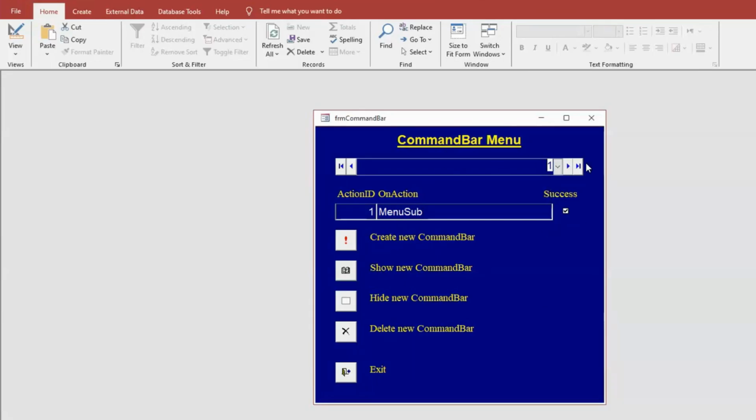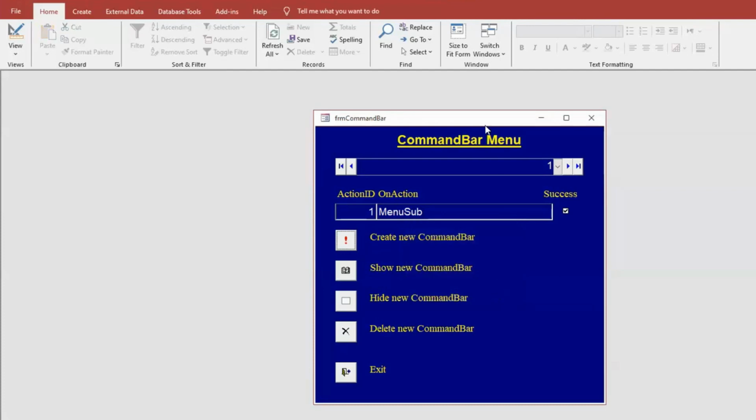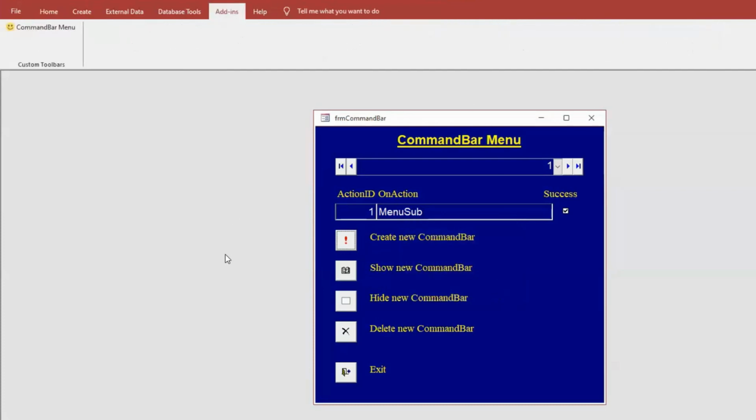By the way, when I do all this stuff with record management here, this only has 3 items in it because I cleared away a lot of the others that didn't work. This I will skip. I'm not going to be looking at that. So first of all, I want to create command bar using a menu sub. This is the one that doesn't allow parameters to be passed. It tells me I've set up a command bar button with the on action of just menu sub, exactly as that. Okay. And when I go into add-ins,